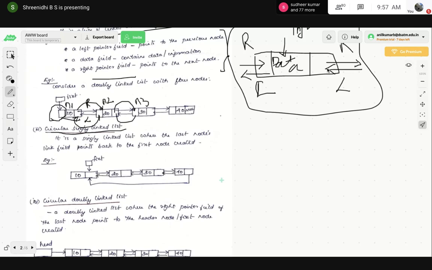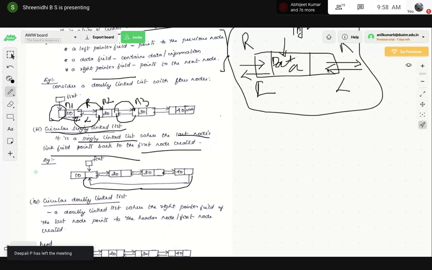So here, in the singly linked list, the last node link field points back to the first node created. The last node link field points to the first node of the linked list.